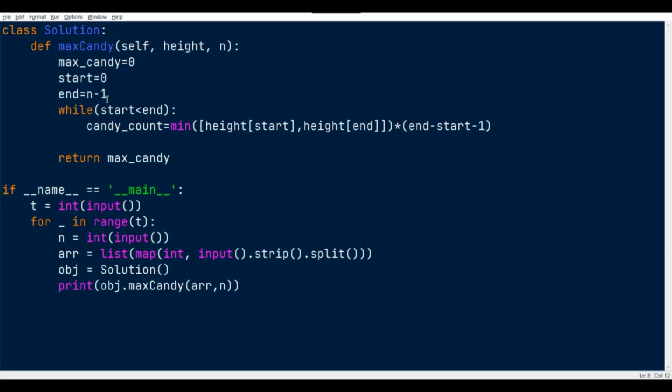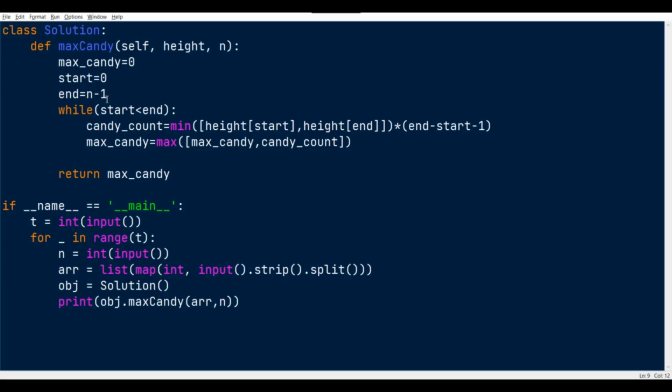And we just need to check for the maximum count, right? maxCandy equal to max of maxCandy, comma, candyCount. So once we have done that, we just need to increment the start and end values, right?